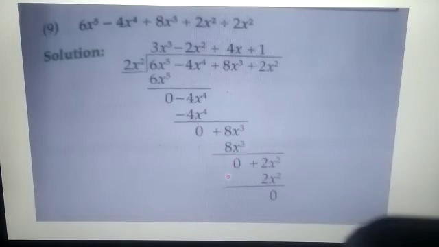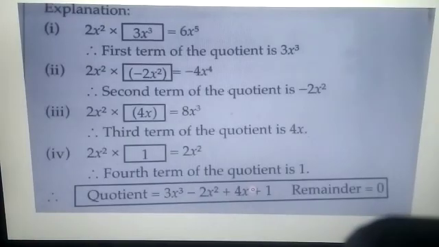This gets cancelled and we get remainder as 0. Now what is left? 2x square. So plus 2x square is carried down the same. Now here the power is the same, so we can take 2x square plus 2x square into 1 is 2x square, here plus 1 because here the plus sign is there. So multiply it with 1 to get 2x square. Now subtract it. This 2x square gets cancelled and remainder is 0. So let us write down the explanation part in the next part.